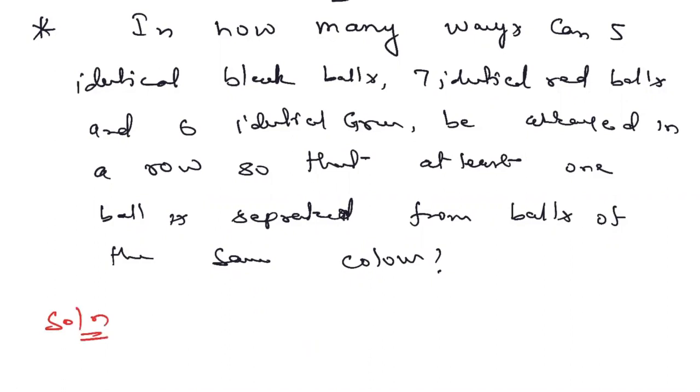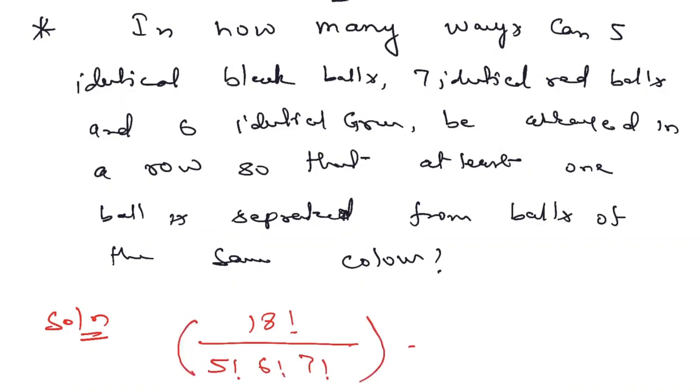I guess this is the simplest one. How? See, five identical black balls, seven identical red balls, and six identical green balls are given, right? The total number of arrangements in this case will be factorial 18 by factorial 5 by factorial 6 by factorial 7, right? But